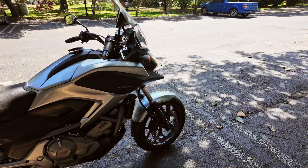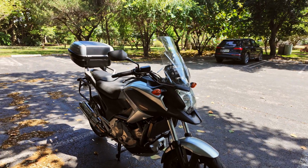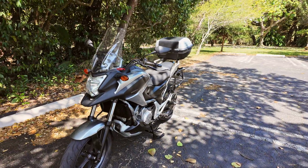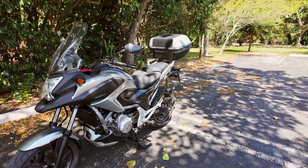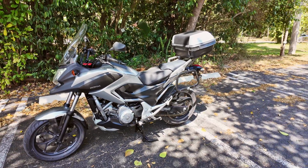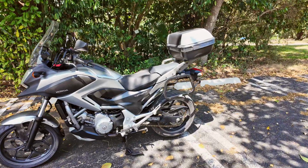This is a year 2012 model, and I bought this bike not that long ago actually, because back then I was still commuting in the city, in rush hour traffic in the morning and on the way back home. Back then I had a lot of other options. I had a couple different scooters that I tried. I have my F800R, which I still own, and that's gonna be my permanent bike to stay. And I also had some other bikes that I've ridden in the past, but the NC700X definitely stands out